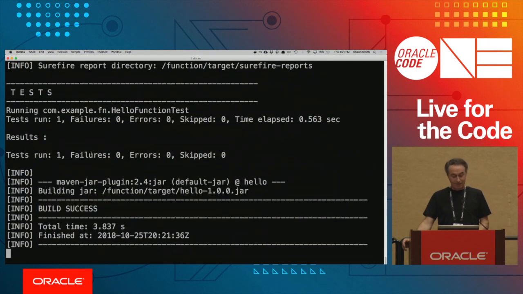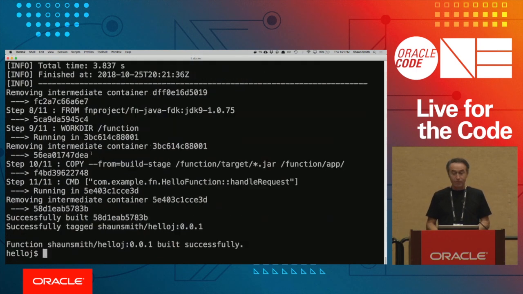Oh no, now the test. Test run, so just Maven. So whatever I have in my Maven, so in terms of what's in my function, I can go to the Maven POM and just add libraries, right? So I want libraries in my function. Fine, I go to Maven, add the libraries, and use them.